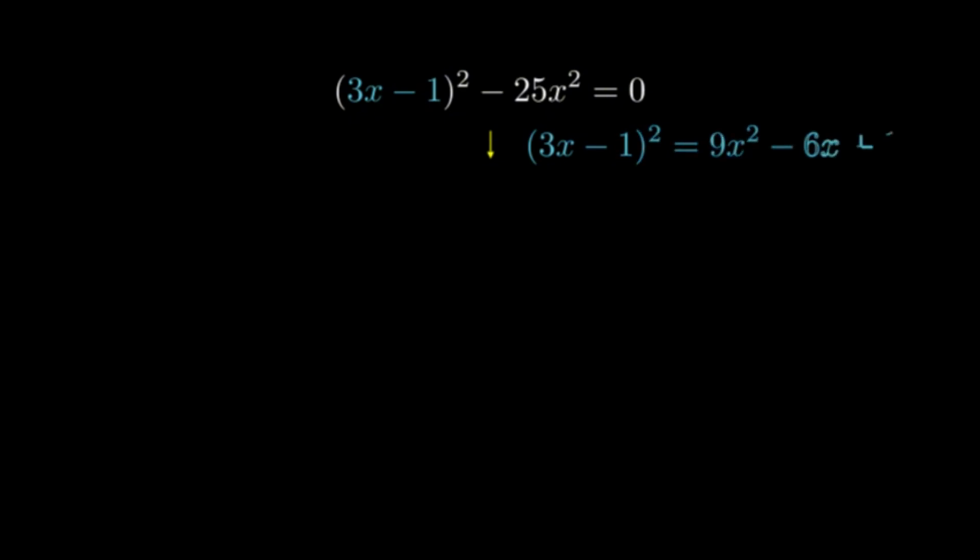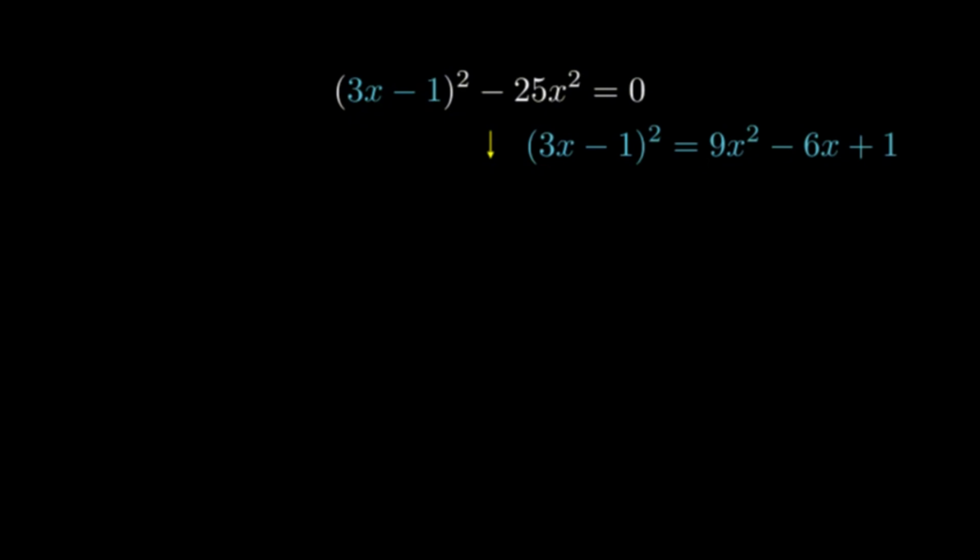Let's examine this quadratic equation, where we have a binomial term: (3x - 1)^2 - 25x^2 = 0. Our goal will be to simplify this equation into standard form. First, we need to expand the binomial squared term. Remember that for any binomial (a + b)^2, we get a^2 + 2ab + b^2. In our case, with (3x - 1)^2, we'll apply the formula (a - b)^2 equals a^2 -